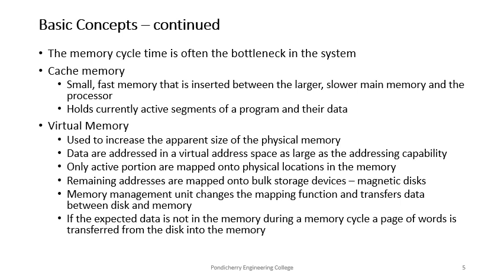So the virtual address space can be as large as the maximum addressing capability of the processor, but at any time only the active portion of the space is mapped in, or really available, in the physical memory. Thus, during every memory cycle, an address processing mechanism determines whether the address information is available in the physical memory unit or not. If it is not available, then a page of words containing the desired word is transferred from the disk onto the memory. And this mapping between the physical and virtual address is also going to change during runtime.